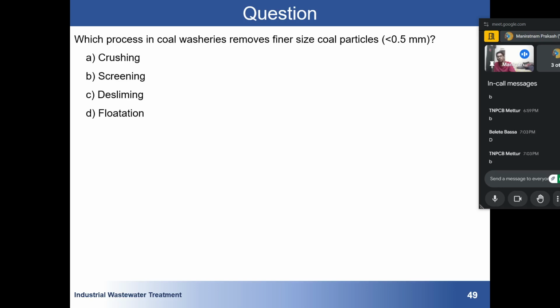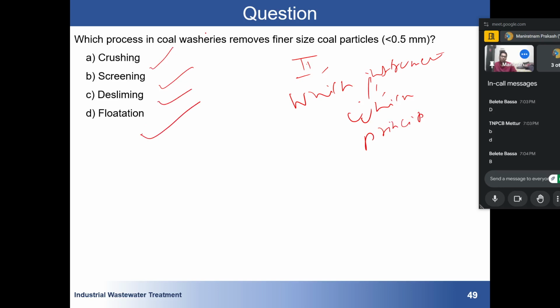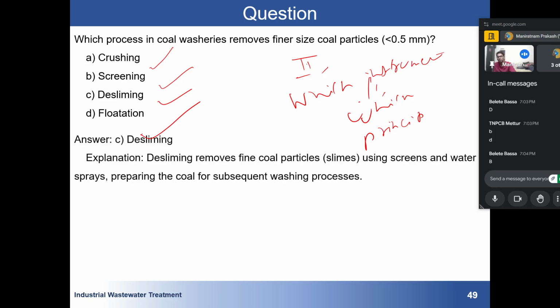What is the purpose of coal washery? We have seen this thing. Which process? Last time the question was which instrument. Now, that instrument uses which principle? Is it crushing, is it screening, is it desliming or flotation? We have got one answer, B, but again,